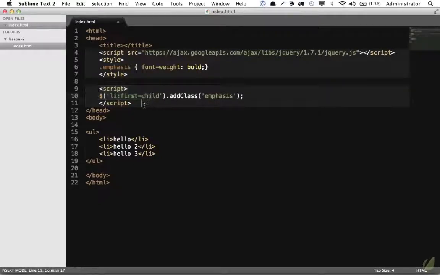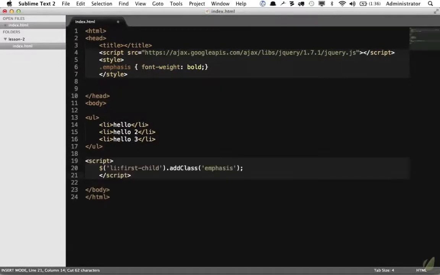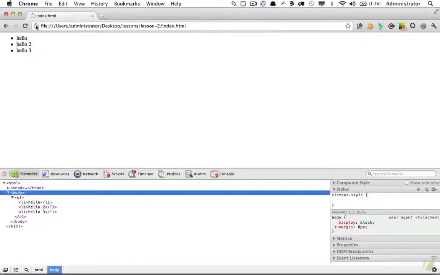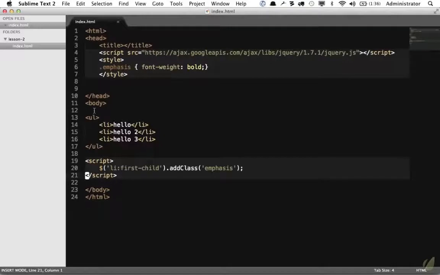So it tries to do that, but wait a minute. We're only working with this much, essentially, so we don't have a list item to work with. We haven't discovered this yet. So watch what happens if I simply take this and once again move it to the bottom like so. Now if I come back and reload the page, now it's taking effect because at that point, the DOM is